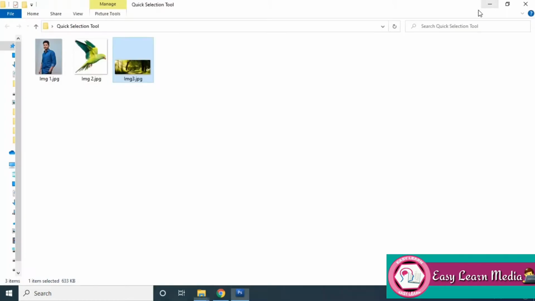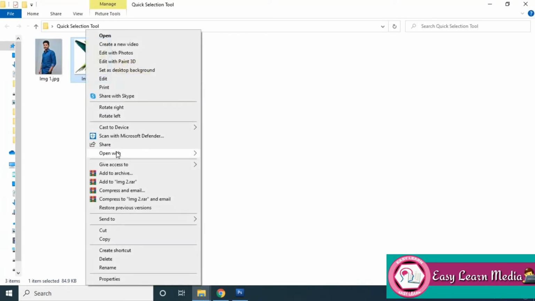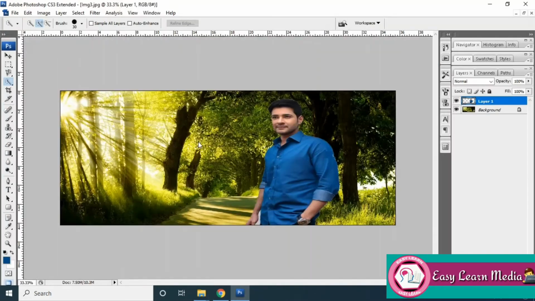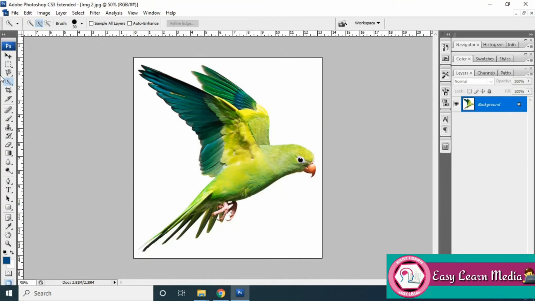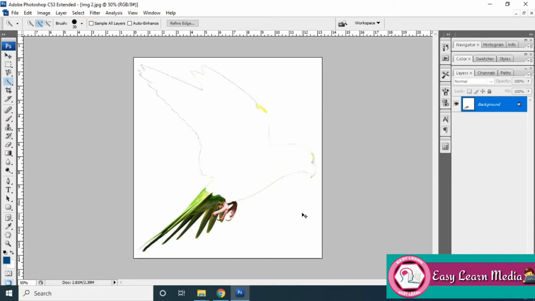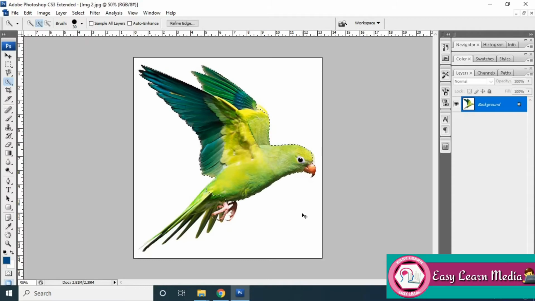So that's it. Now we move on to the next tool, which is the quick selection tool. This one is pretty much simple as compared to our earlier tool. It takes a particular color as a reference from which we can select. So now I've selected the tool. I'm just moving the mouse pointer wherever I require, and as I move the cursor, the image is selected. Yeah, this is how the image is being selected.